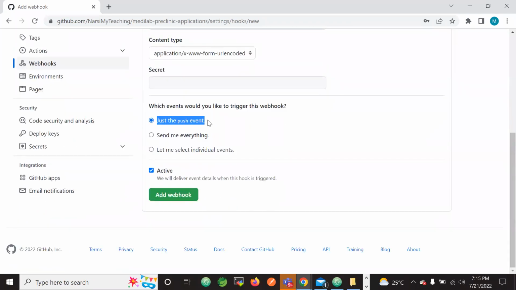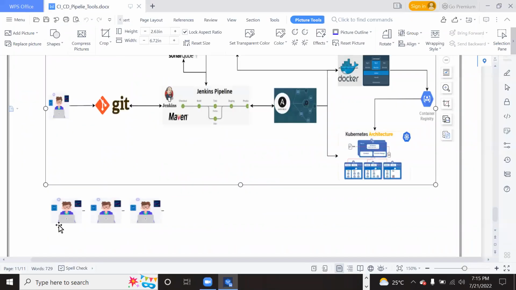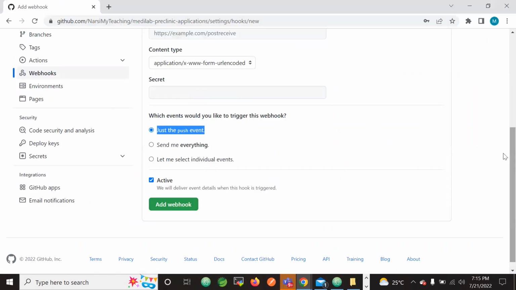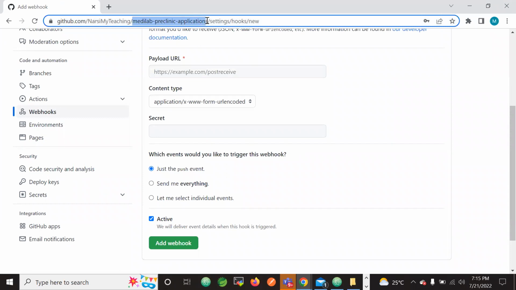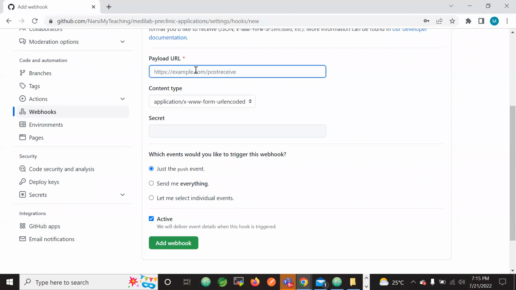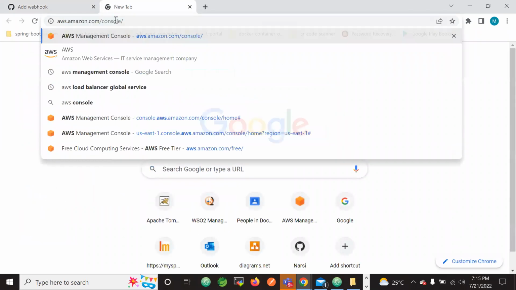Just the push event. That means what? When the developers merge all their code to this repository, then Git will issue an event to this Jenkins. So the Jenkins URL we will configure here, and as soon as this repository gets the merged code, it will notify the Jenkins URL. Then, on the Jenkins side, let me try to